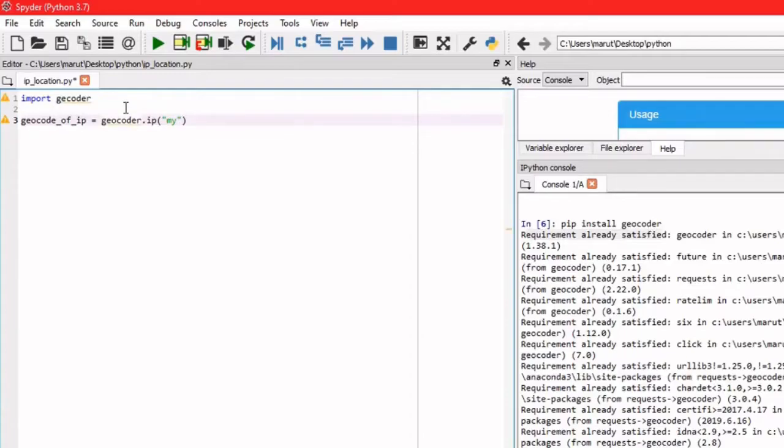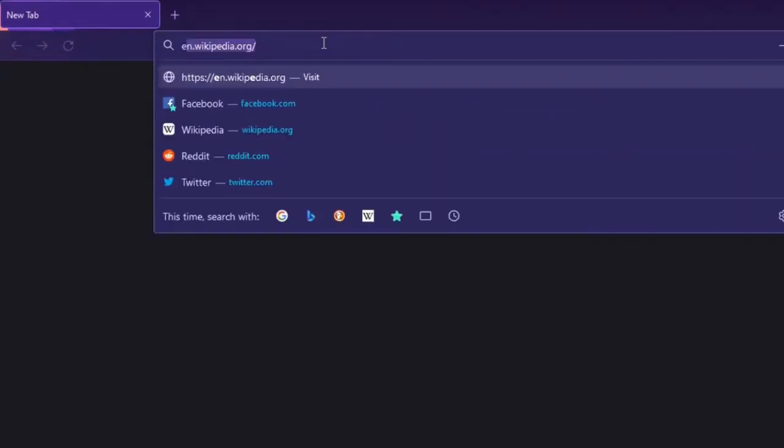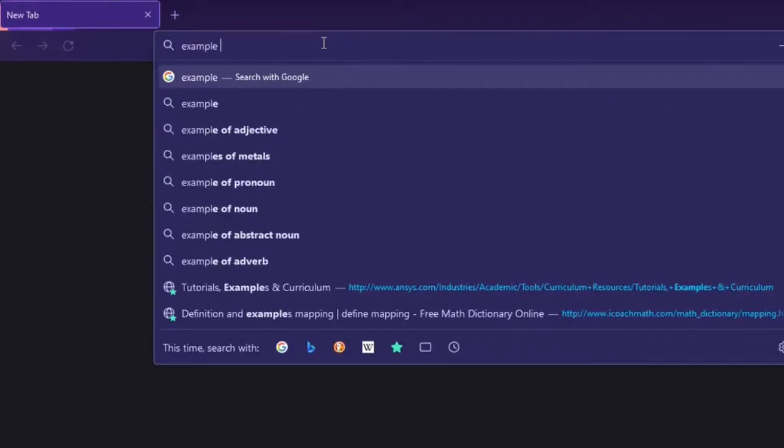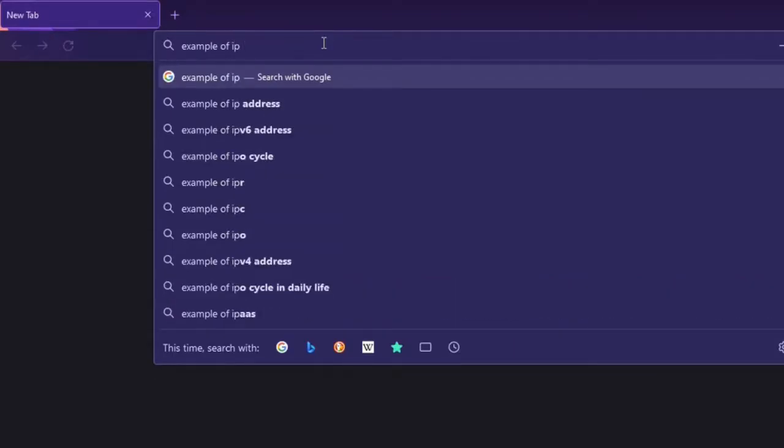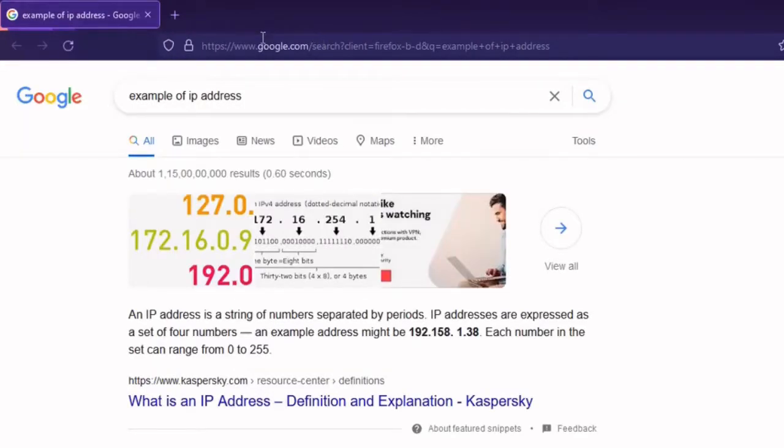So what I'll do for this, I'll simply take some example from the internet. I will type in the internet browser example of IP address. So if you see this, okay, we are getting some IP address over here.